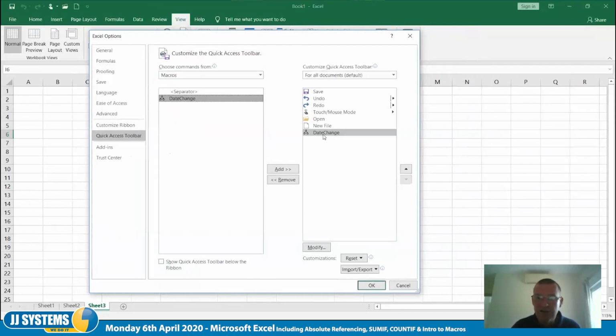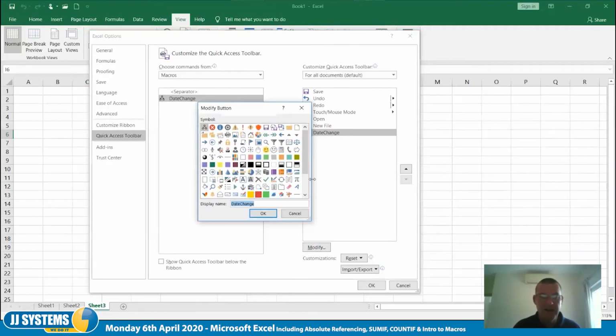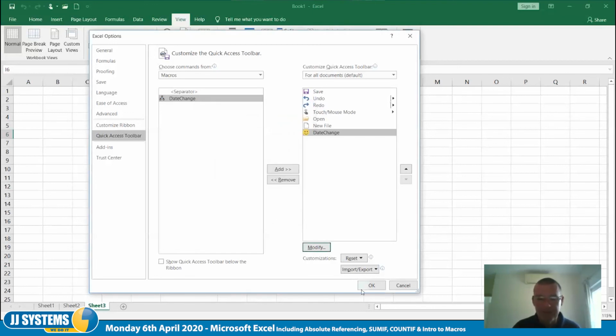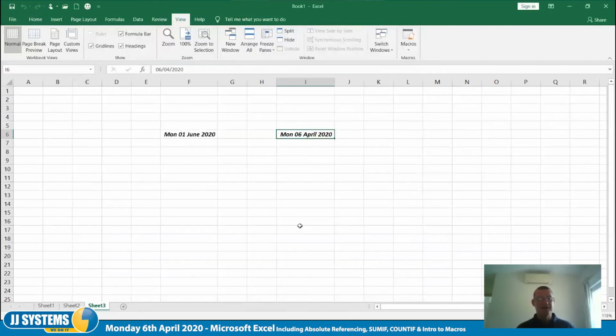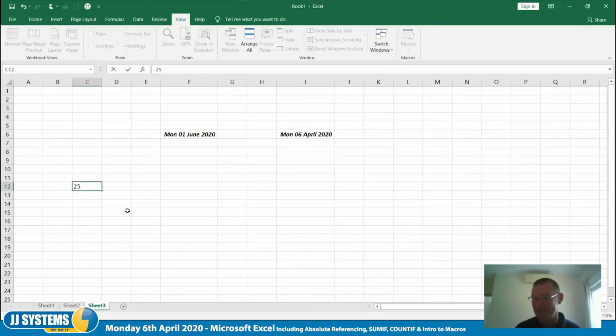The most important thing when you put a macro on here is that if you add it like that, that's fine, but it's also important to then click on modify and change it to a little smiley face, because everyone likes to see a little smiley face. So when I click on OK, now I've got a little smiley up there, yay! And if I type a date in and I put in, let's see what day Christmas is this year, 25th of the